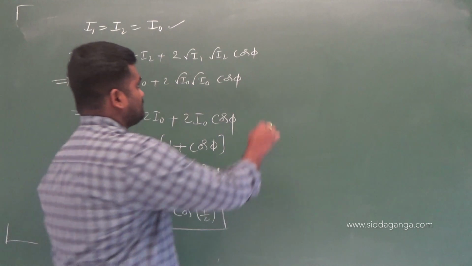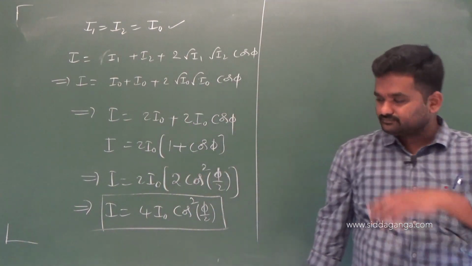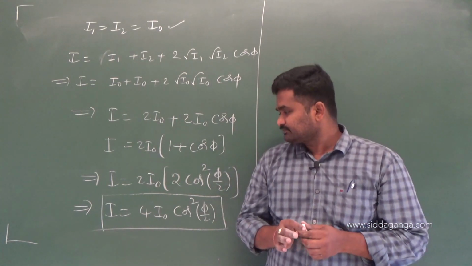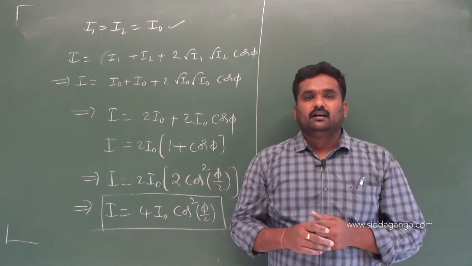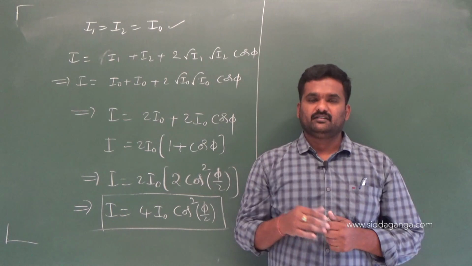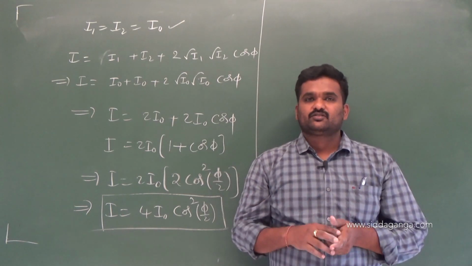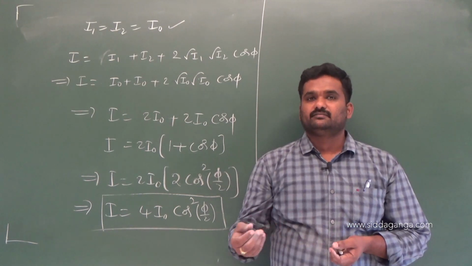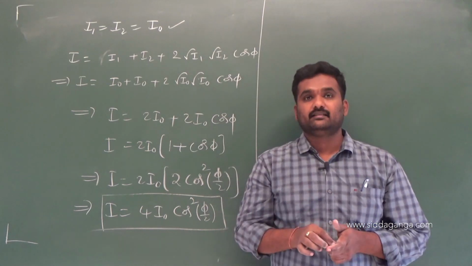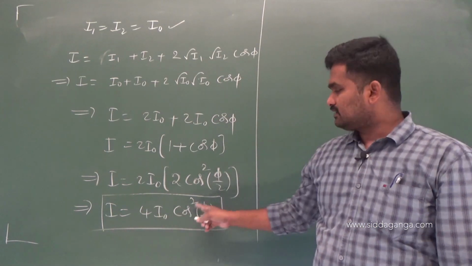After the discussion of Young's double slit experiment, the problems you are going to get on this equation are very important. How will they ask? Two waves of same amplitude, which indirectly means the intensities are the same, are going to be superposed. If the waves have a phase difference of 30 degree or 60 degree given, and they ask what is the resultant intensity, then straight away you can make use of this relation, 4 I0 into cos square phi by 2.